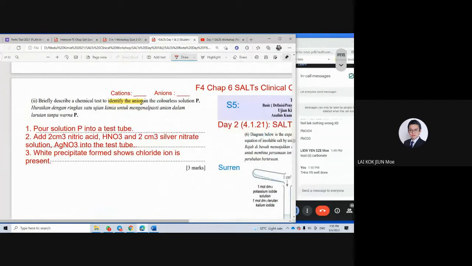Okay, question number 2. Here, describe how you test the anion. Yanxi, now your challenge comes. Be careful with my trick. So